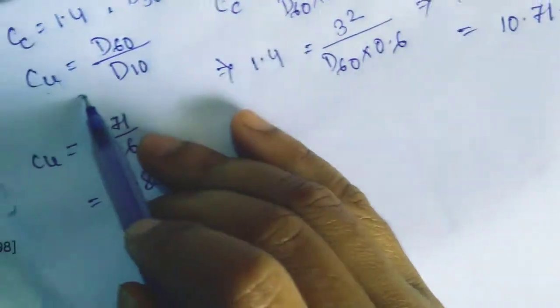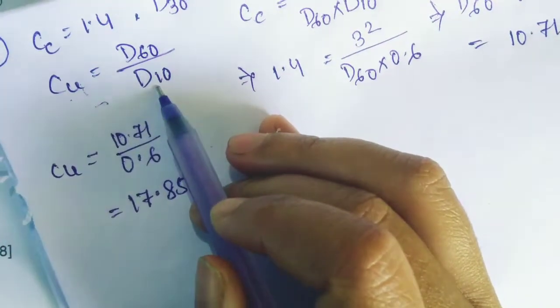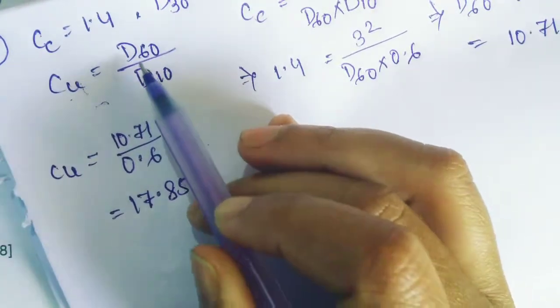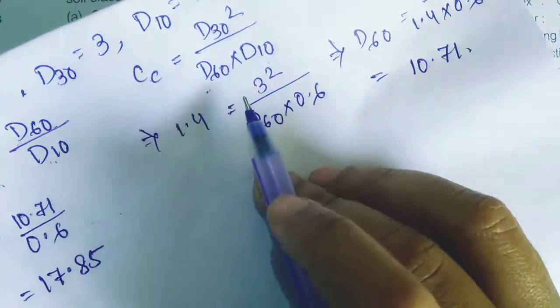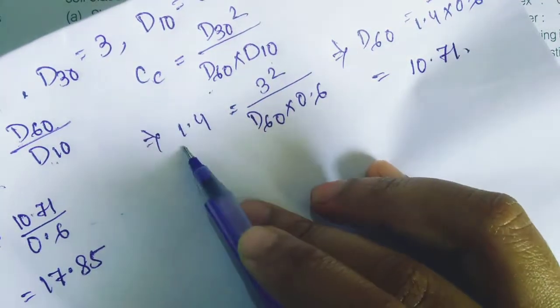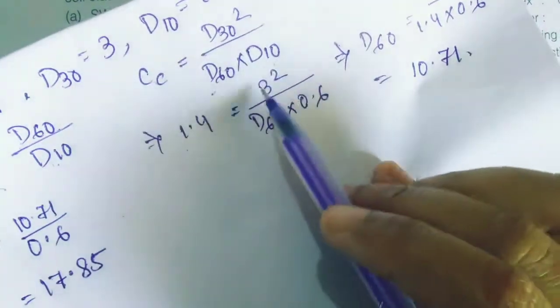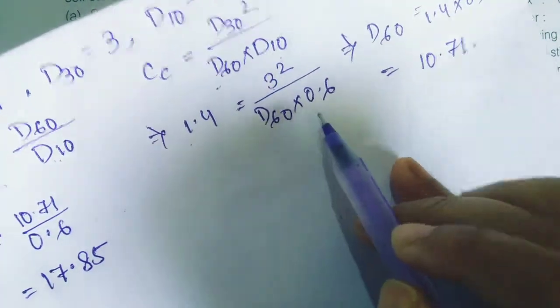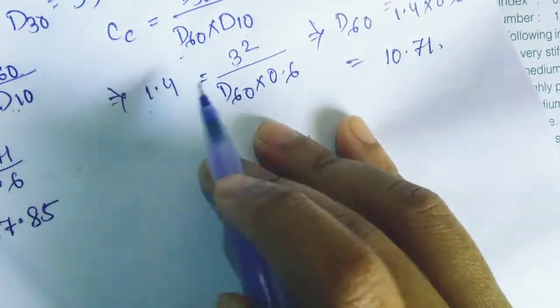Cu formula is D60 divided by D10, and D10 is given but D60 is not given, but Cc is given. Cc formula is D30 square divided by D60 into D10. So Cc equals 1.4, and D30 square means 3 square divided by D60 into D10, which is 0.6. So we calculate D60 value is